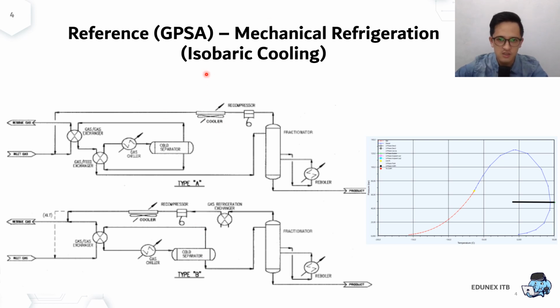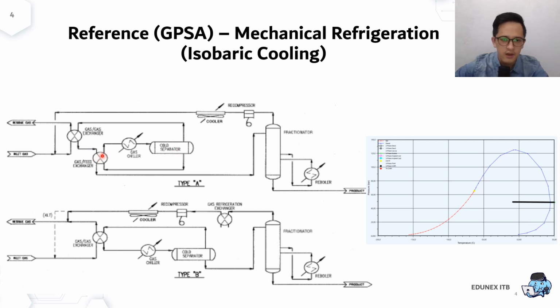Okay, in the first one over here, the gas is cooled using the cold stream from the cold separator. So that's the internal heat recovery using a gas-gas exchanger. That's the gas from the cold separator, at a very cold temperature, before it's sent as the residue gas. We pre-cooled the inlet gas over here, and then we pre-cooled the same stream from the bottom, or the liquid from the cold separator, which is the condensate, the unstabilized condensate.